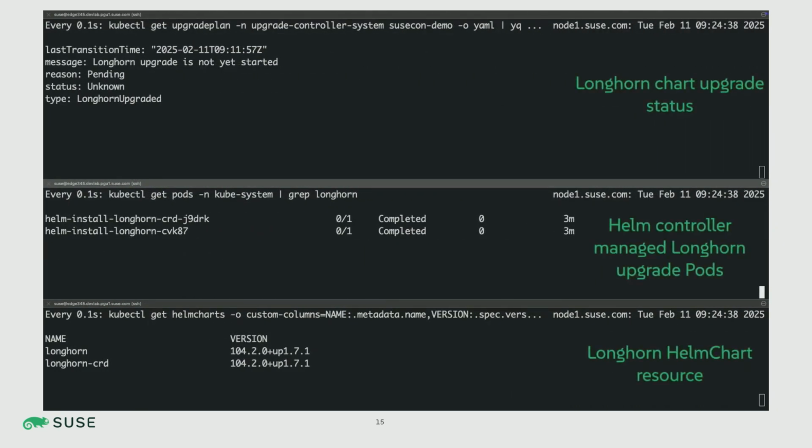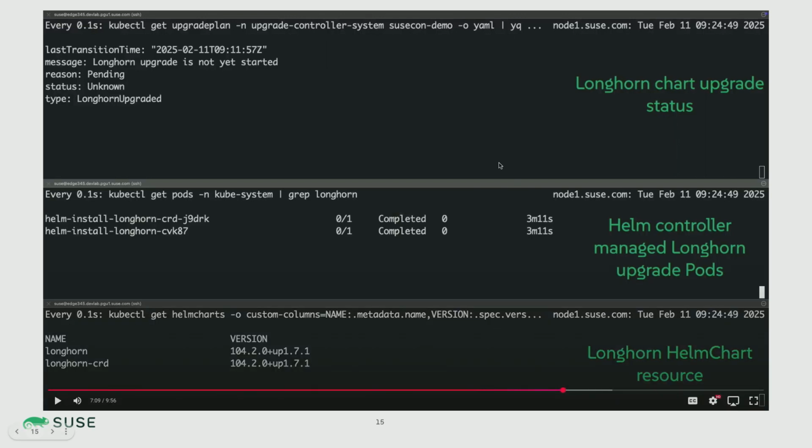Now, Helm charts are upgraded sequentially, and here I'm just showcasing one, but the upgrades are essentially the same. Let me just very quickly pause here. So at the bottom, we're seeing, first of all, we're upgrading Longhorn. We're seeing both the Longhorn CRD and the Longhorn Helm chart. Longhorn CRD is there because it is a dependency for the Longhorn chart, and it needs to be upgraded first